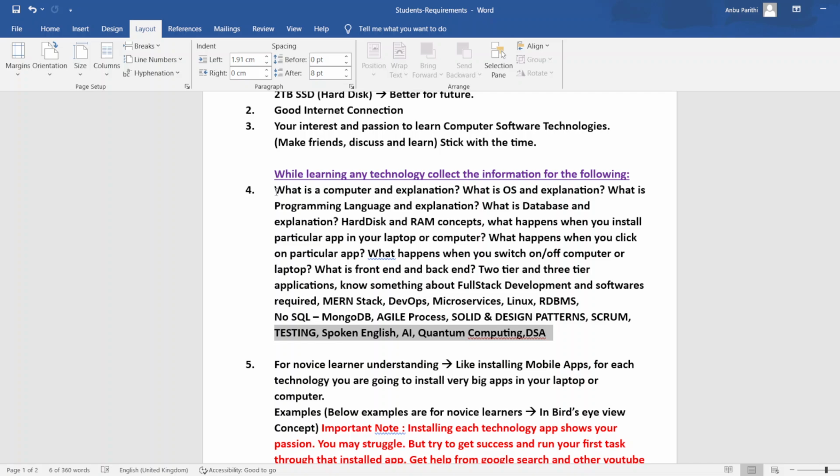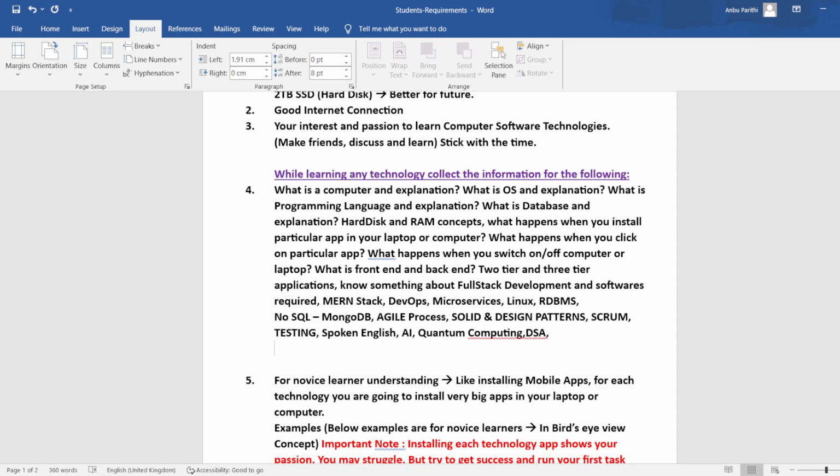All these things, whatever I have discussed now, you must have rough ideas about all these things. Clear? And for novice learners, along with all these technical terms,